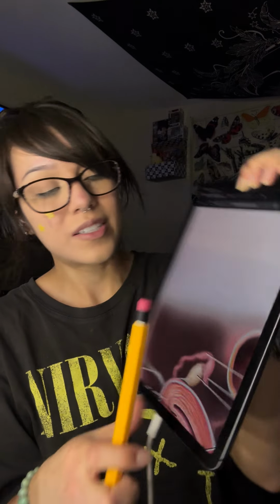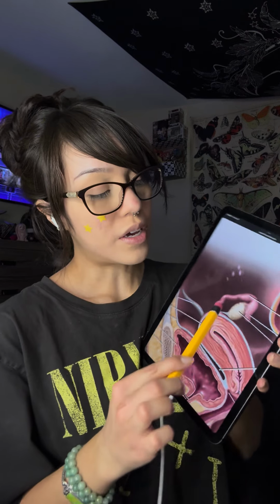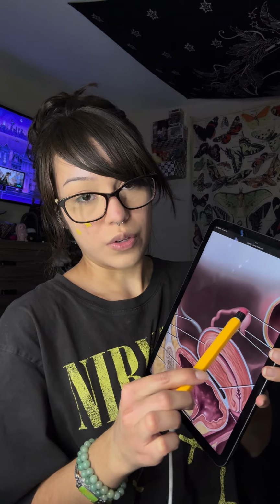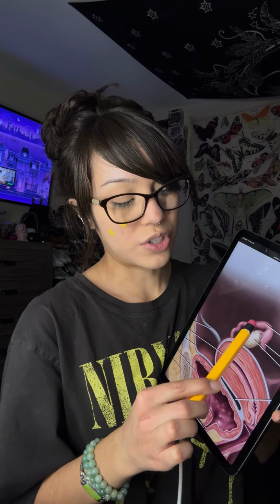There you go. So during ovulation, an egg will be released from the ovary and it will go into the fallopian tube, and it will start to travel from here all the way towards the uterus. During the luteal phase is when